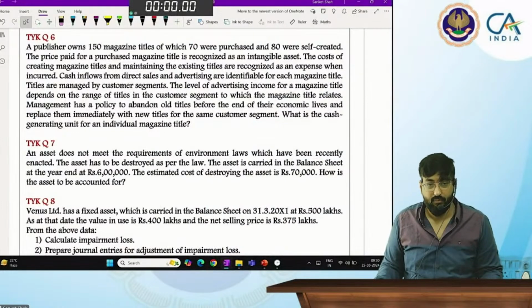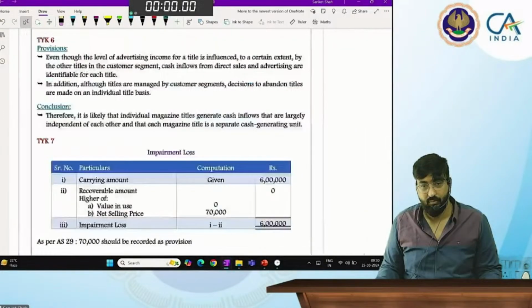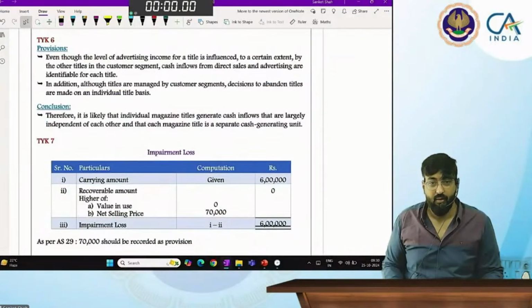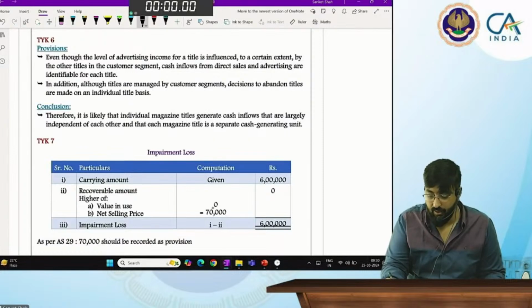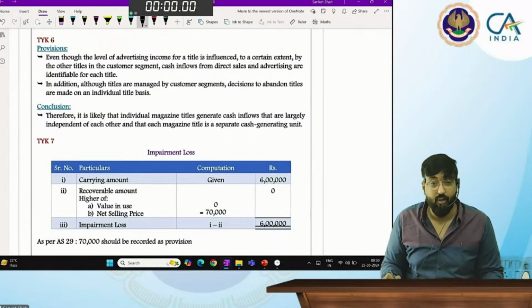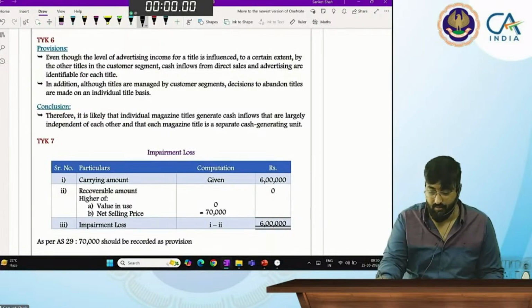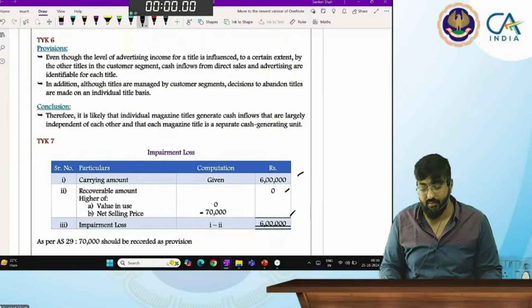An asset does not meet the requirements of environment laws which have been recently enacted. The asset has to be destroyed as per law. The asset is carried in the balance sheet at the year end as 6 lakhs. The estimated cost of destroying the asset is 70,000. So my cost is negative, huh? Negative or zero, which is higher? So zero is higher, and therefore 6 lakhs is my